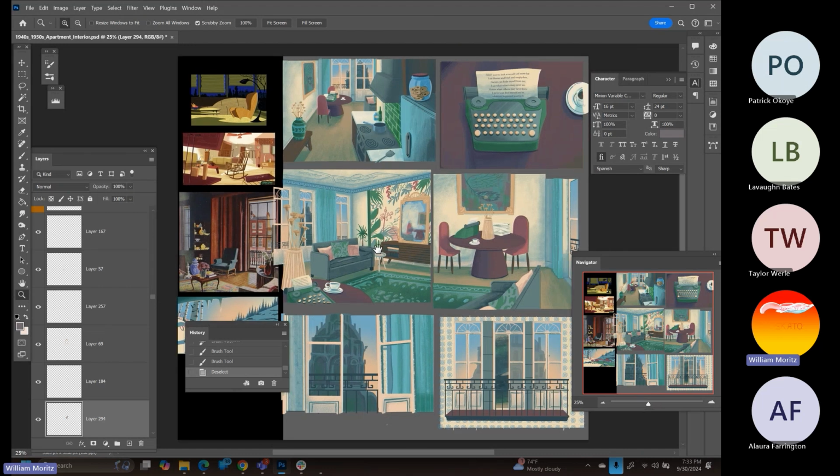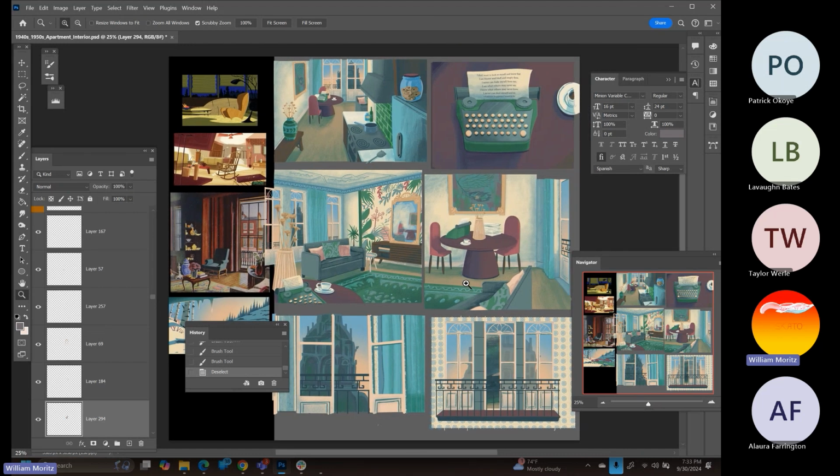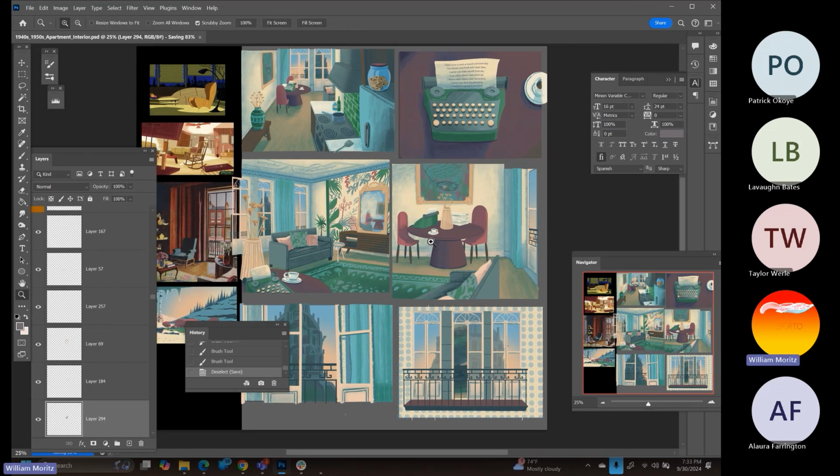So I think that's working okay. For the mirror, it's not too much. I'm going to add highlights over the top of it, but that spot definitely needed something within the scene. And I think that's carrying it pretty well. So yeah,